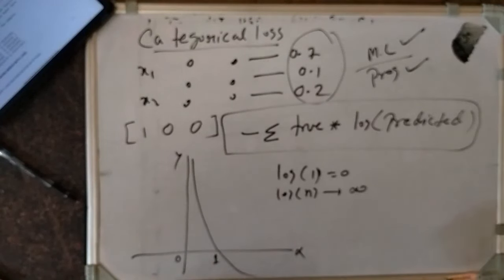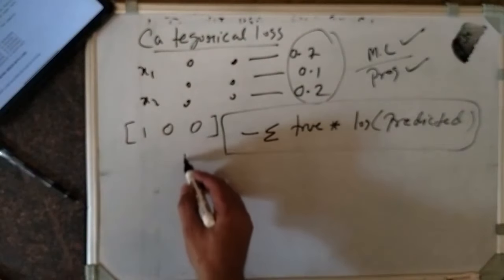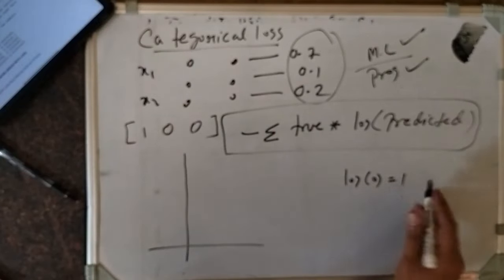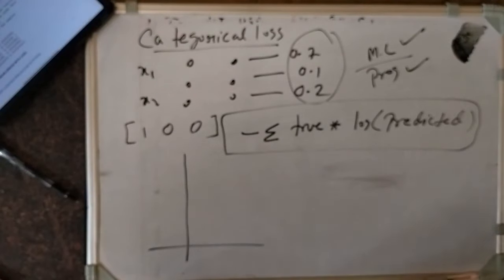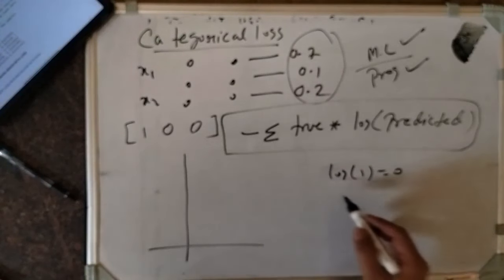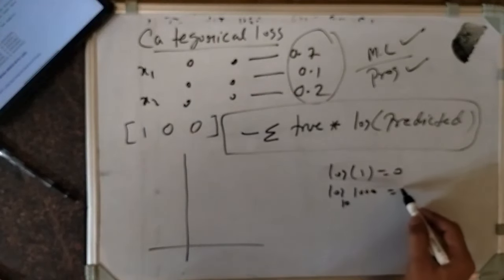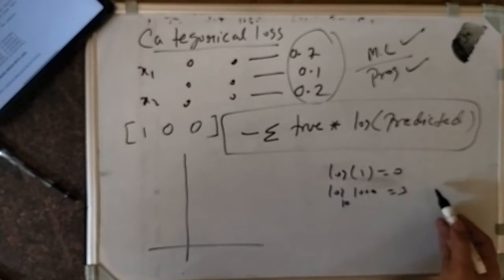This is wrong, I think. Sorry for that. This is between 0 and 1. What is the log function? Log 1 is equal to 0. So what is the meaning of log? Suppose you have log of 1000 and the base is 10. So this is 3. What is the meaning of this? If you are increasing the argument, then the log is going to infinity.